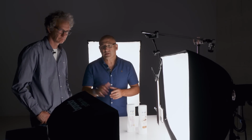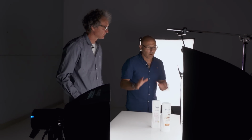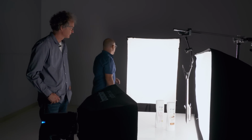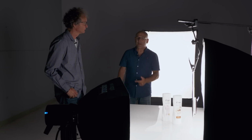The second softbox is smaller, the 35x60. This is just acting as a gentle fill. But the key one, or one of the important ones, is the ability to use a softbox, in this case the 90x120, and actually use it as your white background. A lot of times photographers, we're struggling with lighting a background, a white wall or white paper with one or two lights and trying to get even illumination. But one way of doing that